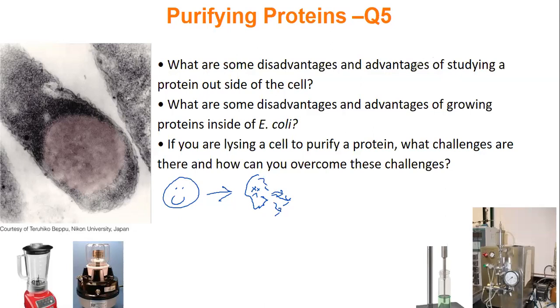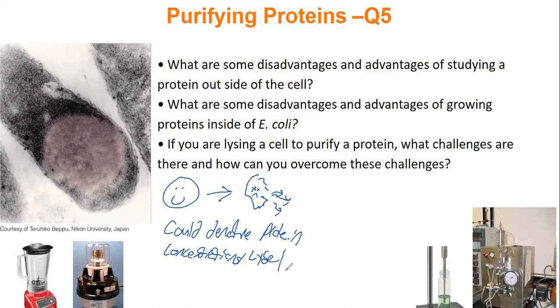The goodies touch the outside. Yes. Why is that a problem? Whatever chemical lysis could denature the protein. That is true. So that could be from a number of things. Could be concentrations of salts, right? Could be how you actually lyse the protein, what chemical you use. What else could denature your protein, right? So we have concentrations of stuff, heat, yeah, proteases,